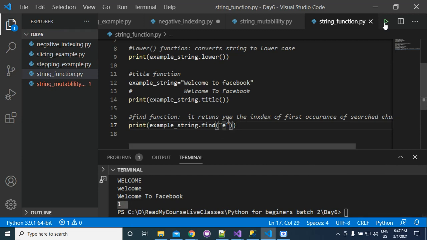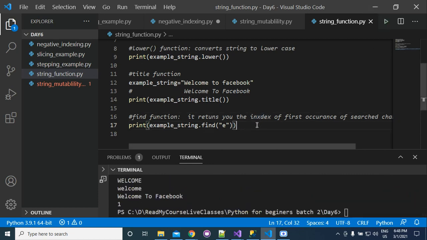So it is returning the index of the first occurrence of the e character. Example string is welcome to my course, and e is present at index one. Okay, e is present here also, but you will get the first occurrence only. So that's why you are getting 1.